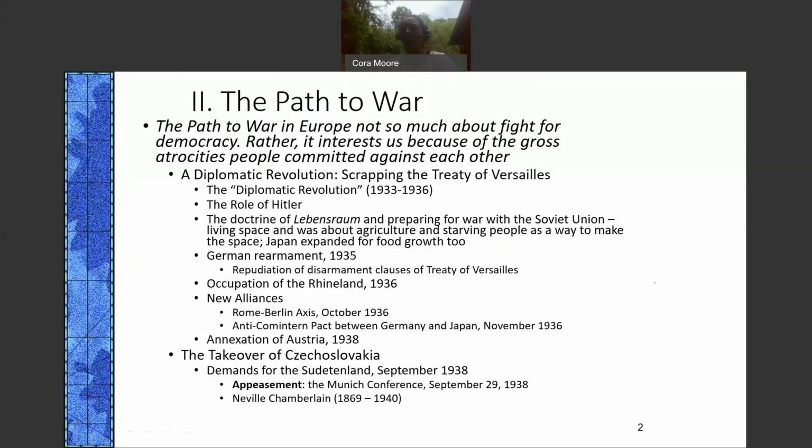So then we go across the ocean to the other side, or across the continent actually, because we're in Europe, and we go over to Asia, and what do we see there? We see Japan trying to dominate and get rid of Western imperialism. And in Western imperialism, it wasn't just the United States influence. They were talking about those Europeans too. Britain had a big hold in Asia for a long time. France had a big hold in Asia for a long time, and we'll see how that comes to a head here in a couple weeks